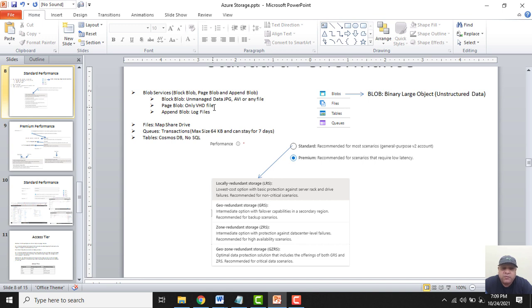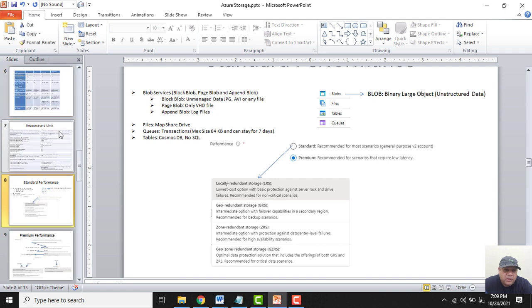What happens is, when we create a virtual machine in which we select the option unmanaged disk, we need to define the storage account, and in that storage account those VHD files are stored. So that is the relevance of page blobs. But now, whenever we create a virtual machine, we generally do not manage the disks ourselves. Rather, we let the hard disk drives be managed by Microsoft only. The reason is, let me show you one more thing here.